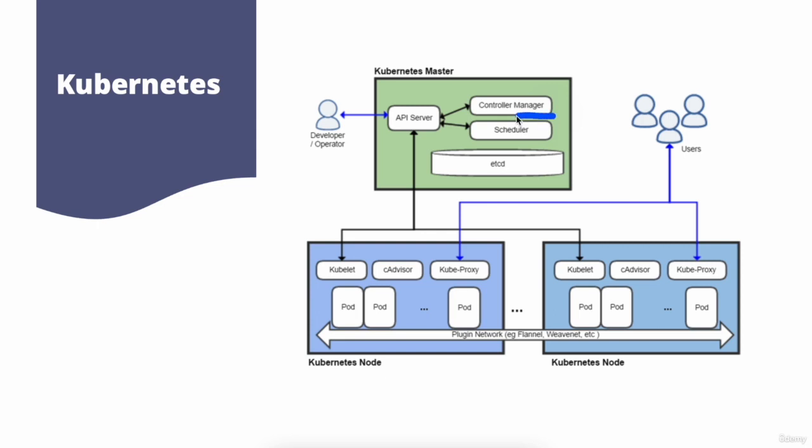And finally, we have the controller manager right here, which is a service of the Kubernetes master that manages the status of the cluster and executes the routine tasks directing the orchestration. So the main function is to ensure that the cluster state corresponds to the state that was previously defined as an objective. So while the master is responsible for the orchestration, the distributed pods in the cluster are running on different